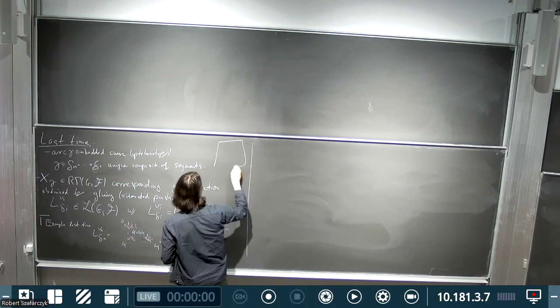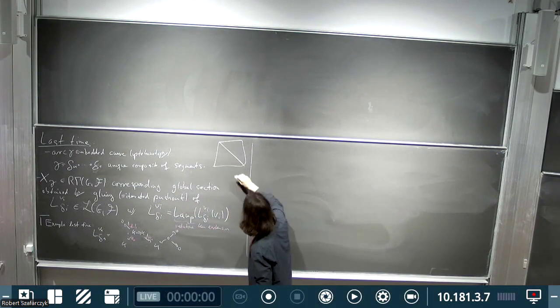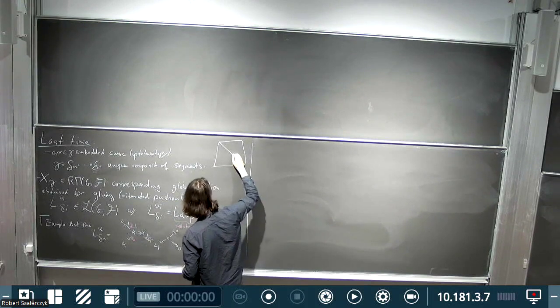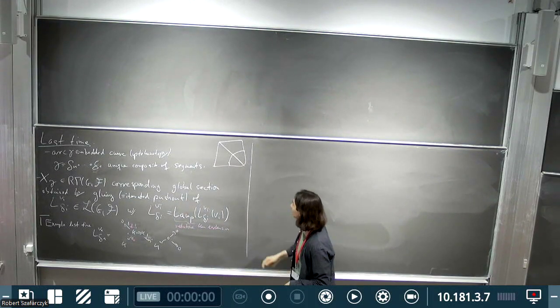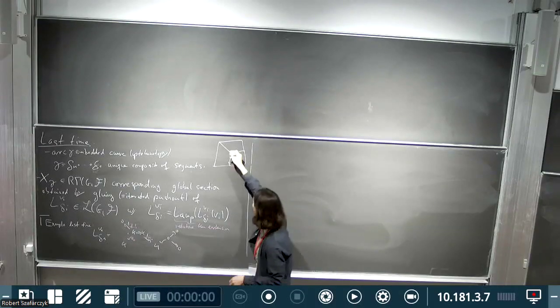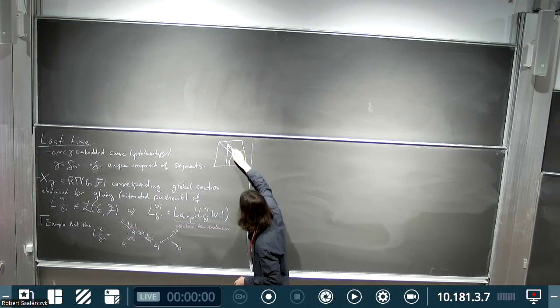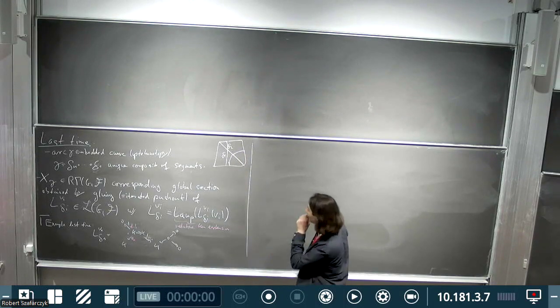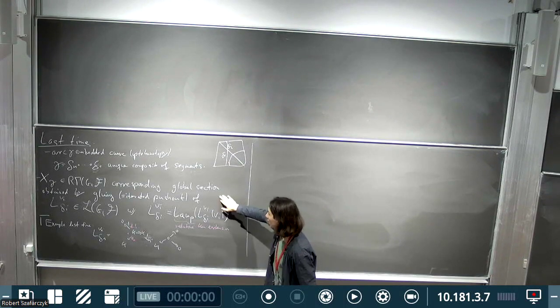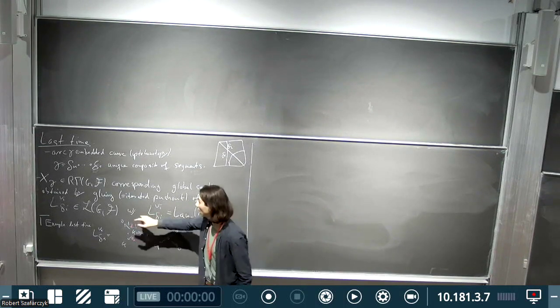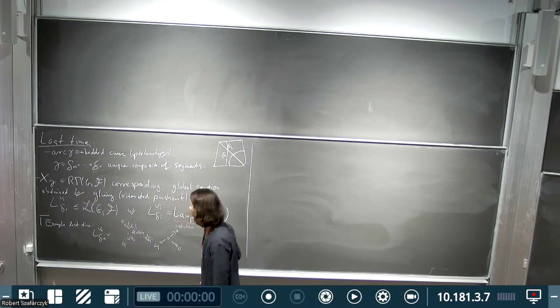So this is a foreground. Then a segment was something like this. And if I compose these two segments, I get a curve in the foreground. Another curve would be this curve, where this is one segment, say delta 2, and this is delta 1. And then to every arc, we sketched how to get a corresponding global section of the gentle sheaf, which we